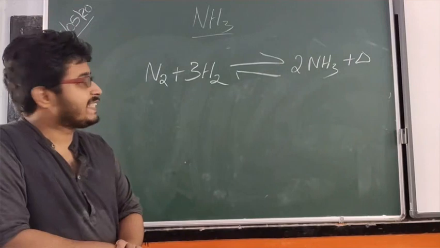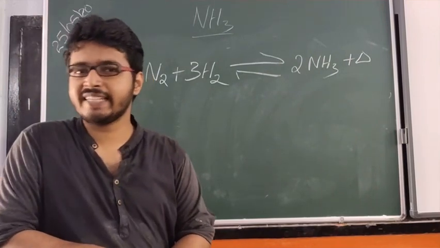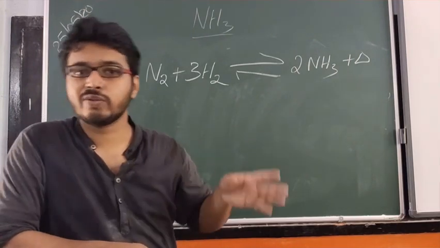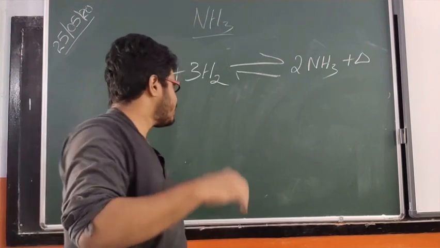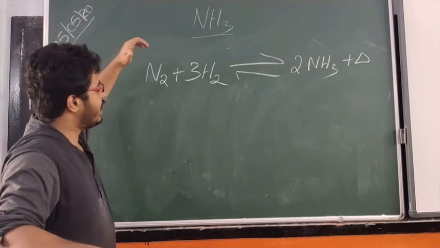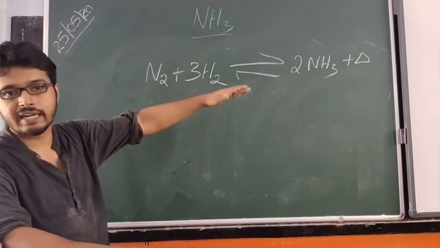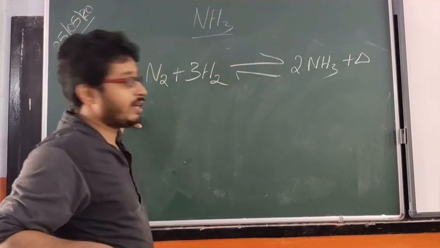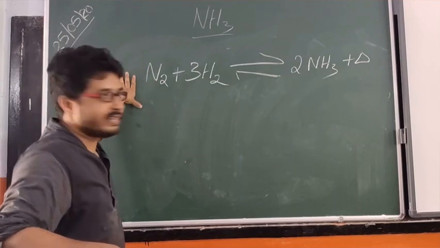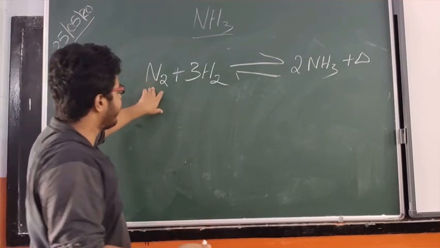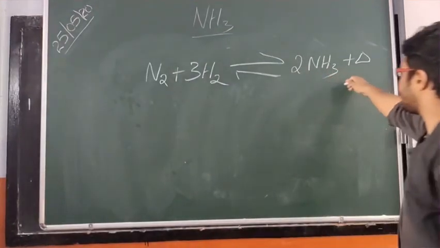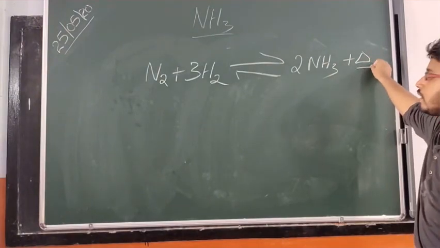Okay, now we are going to discuss Le Chatelier's principle, but I won't be explaining what Le Chatelier's principle is and the factors. I will just go through the important stuff that is necessary for you. We are going to compare the left hand side and right hand side of the reversible reaction for the formation of ammonia using the Haber process. On the left hand side, we have N2 and 3H2. On the right hand side, we have 2NH3 and also evolution of heat.